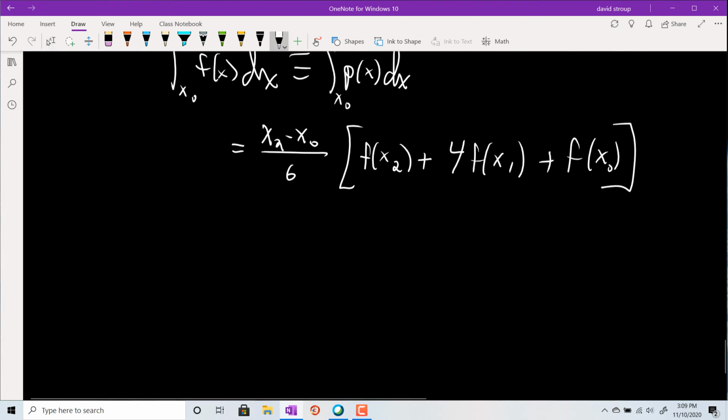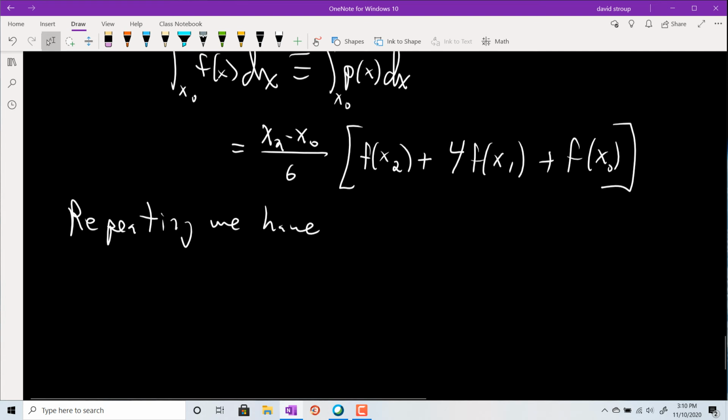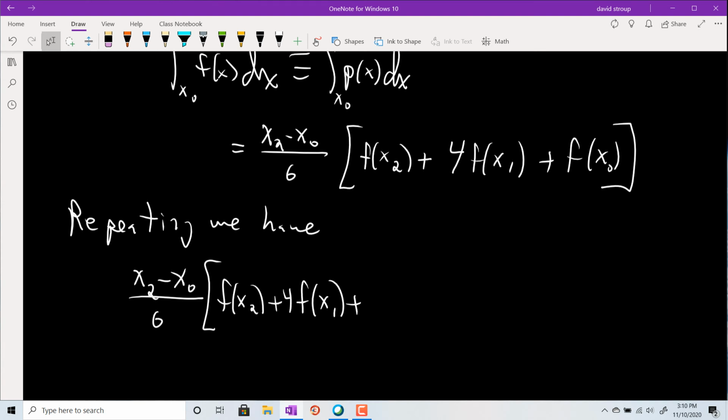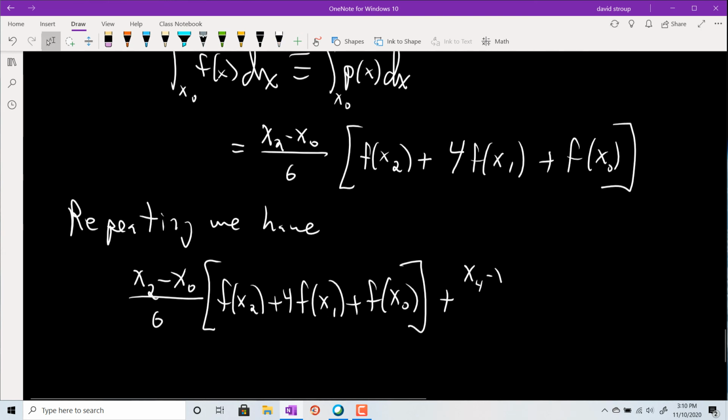Okay. If we were to repeat this process for every interval and then add them all up, the result, just from the first 2 intervals, is kind of a bunching. So you'll see a bunching. This is going to be kind of painful. Let me just write out the first 2 areas, based off this formula. Okay, so that's the first one. And then the second interval there would be x2 to x4. So you'd have x4 minus x2 all over 6 times f of x sub 4